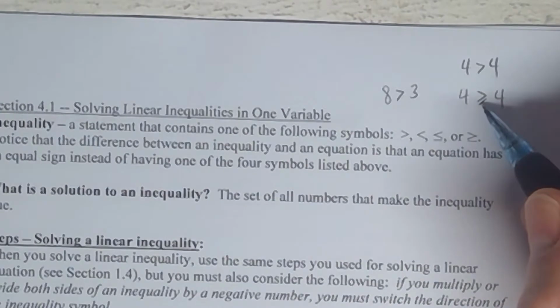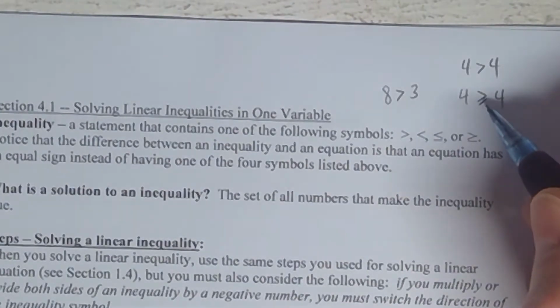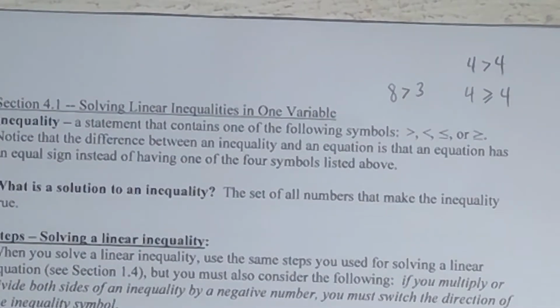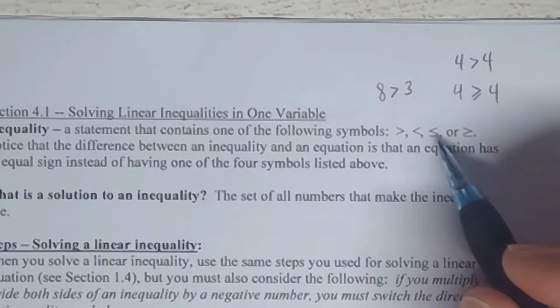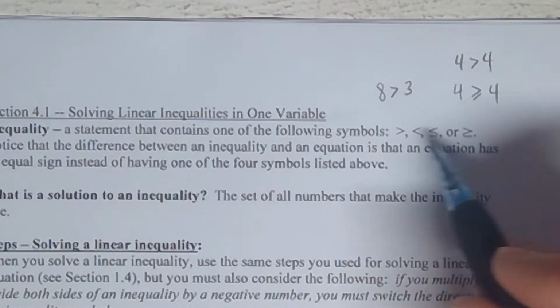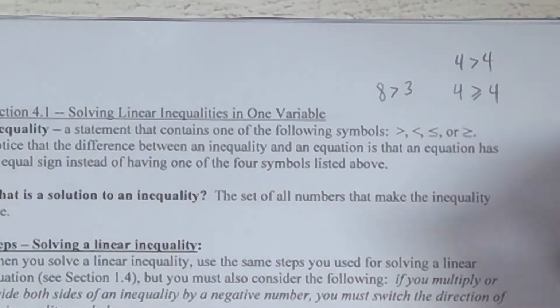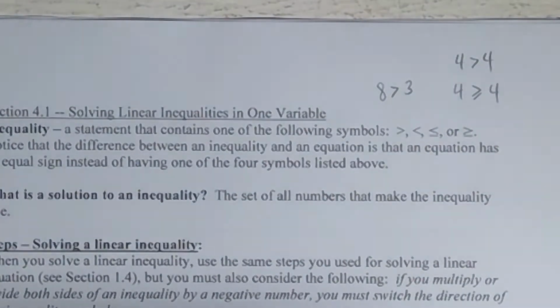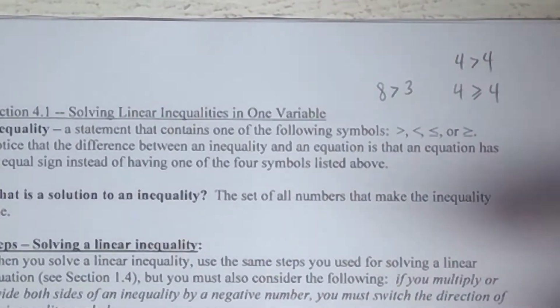Those little equal to things, which I call alligator feet, look like the feet underneath the alligator mouth. Alligator feet is a reference to the little equal things underneath the alligator mouth. So these two don't have alligator feet, these two do. All right. Anyway, because inequalities are very similar to equations,